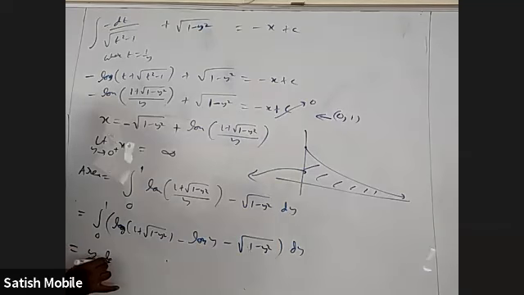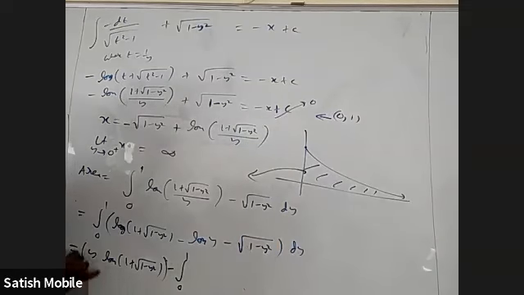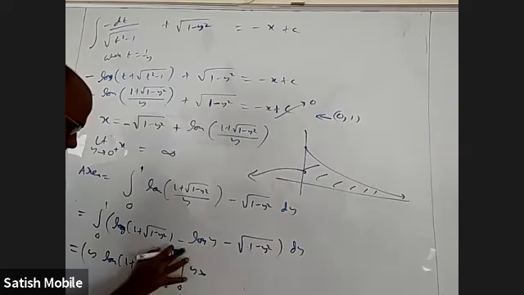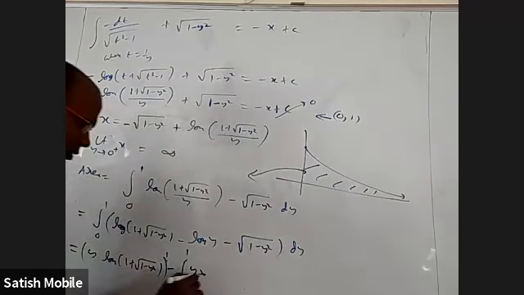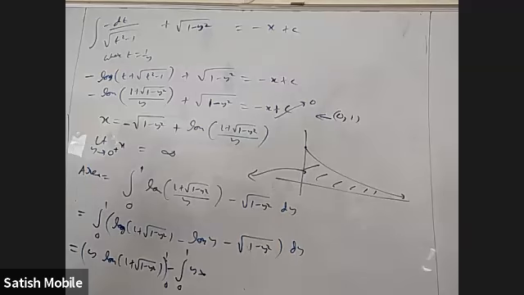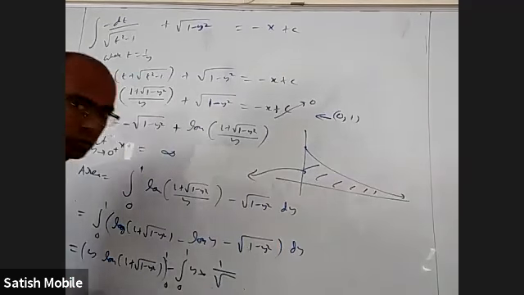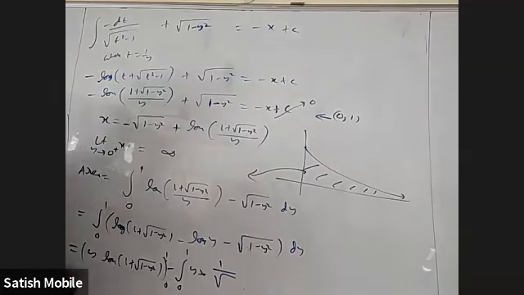I don't have any other way, so you have to take 1 and apply by parts. So y log of 1 plus root 1 minus y square minus integral 0 to 1, these limits are 0 to 1, y into the derivative of this, which is 1 by this, and the derivative of this is 1 by 2 root and then minus 2. So I have to write all that. I don't have place, I'll write a little on the top later.